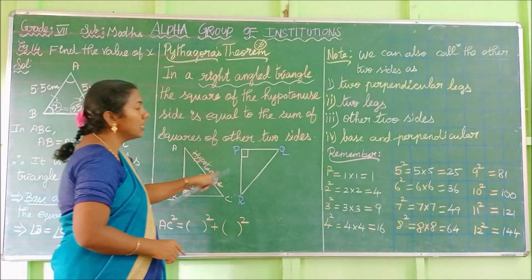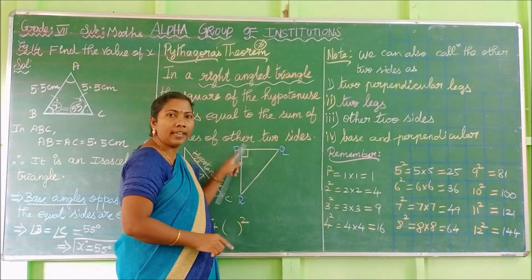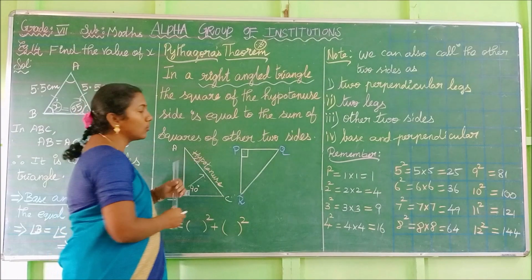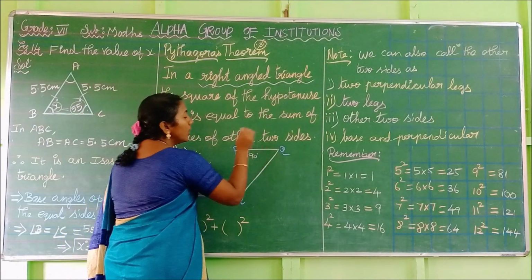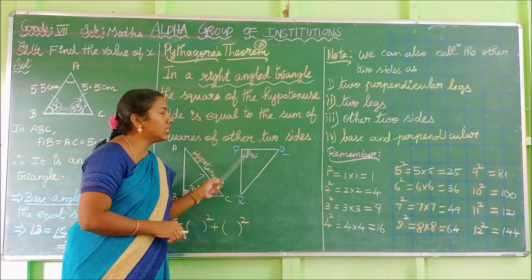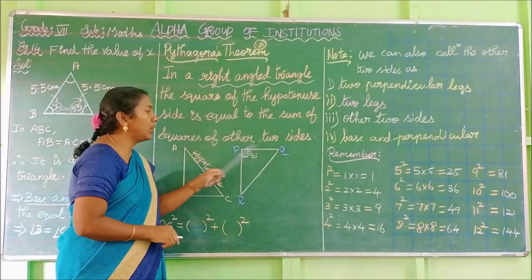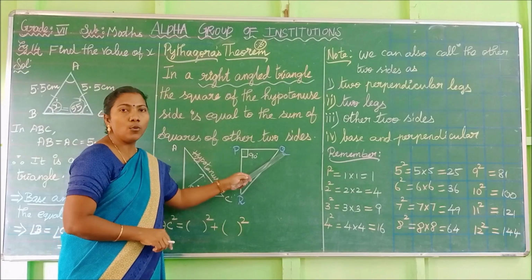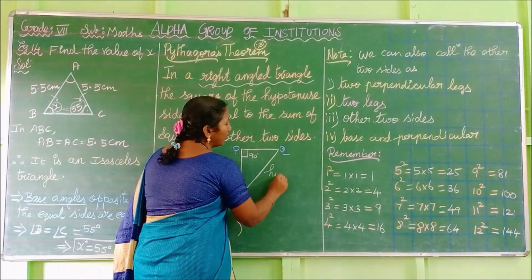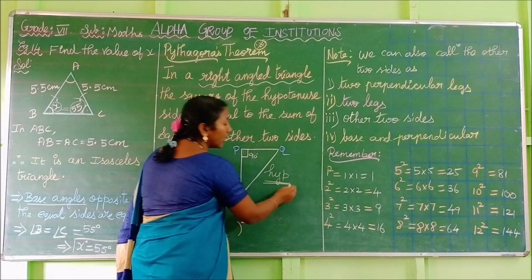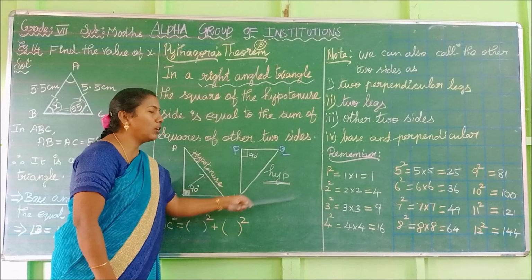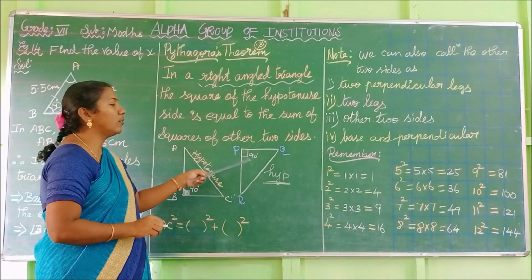Do you understand, children? See here, this is also a right angle triangle. Where is your right angle? It is at the vertex P. Now we are going to identify the hypotenuse side from this triangle. Which is the hypotenuse side? PQ or PR or QR? Yes, QR is the hypotenuse side. One more piece of information, children: the hypotenuse side is the longest side of the triangle. Okay, remember this.